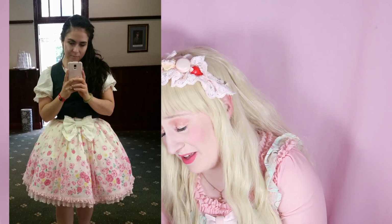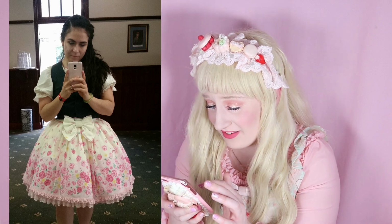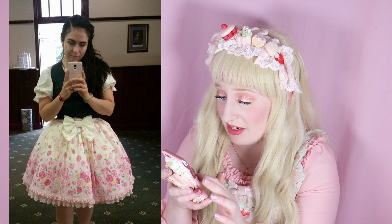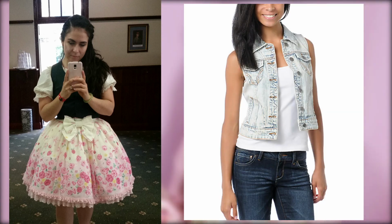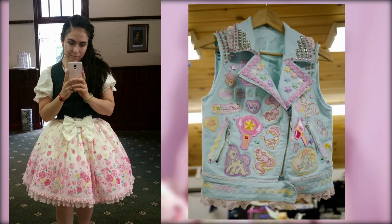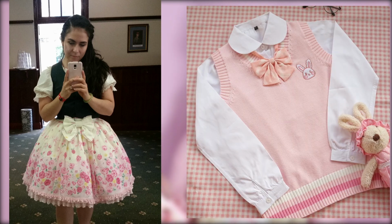I'm really confused by this coord with a black vest. I love the vest idea, but there's no black in this print and it just looks out of place. I would replace this with an acid wash denim vest or a white vest. And you could even sew iron-on patches on it and DIY some sort of fun vest to wear with this. Skirts are great because you can really dress them up into a more elegant style,